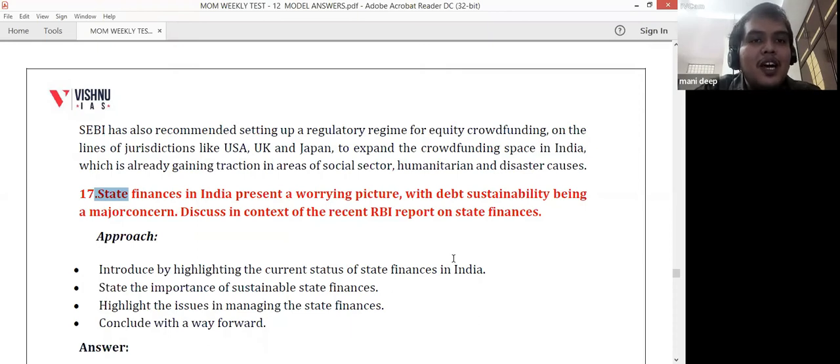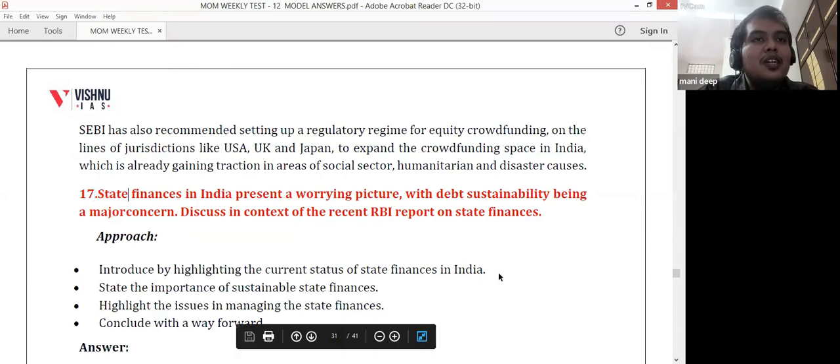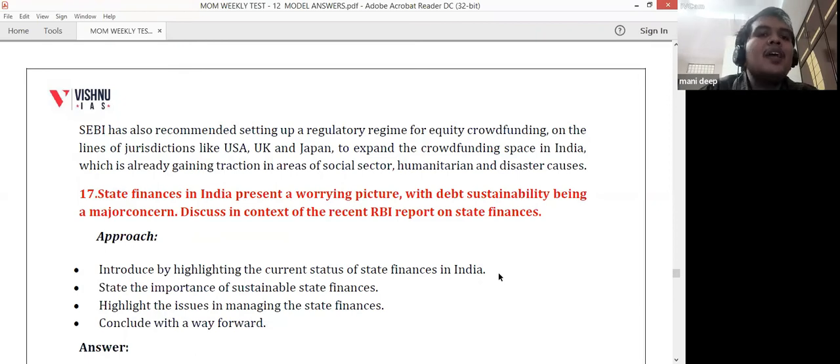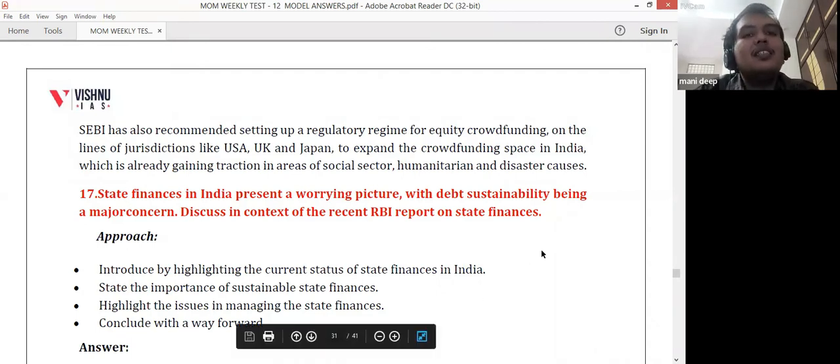The state should have more income levels. But as you see, the tax devolution to the state had been reduced, and the tax revenue that the state had been generating has also reduced. So this is the thing you should write in the issues regarding debt sustainability, and you can conclude by stating that the central government can set up some independent regulators to oversee the state finances for a sustained period, so that the debt sustainability does not go out of hand. This thing you can say in the conclusion.